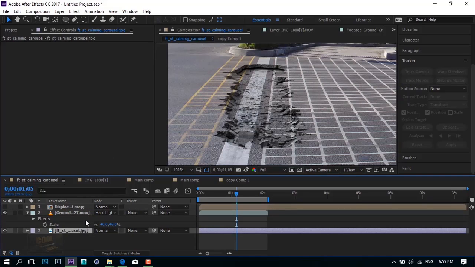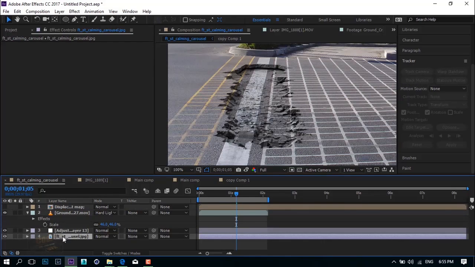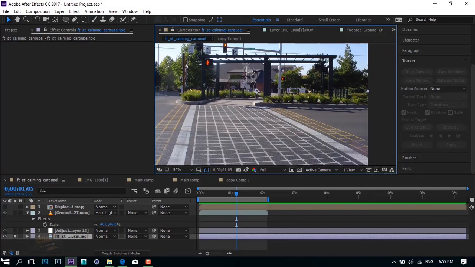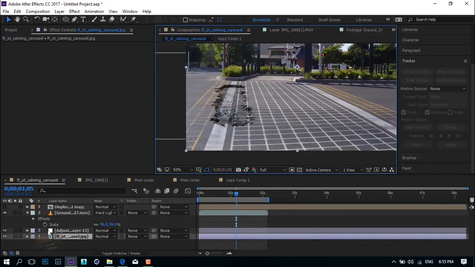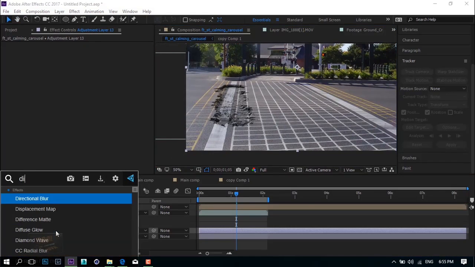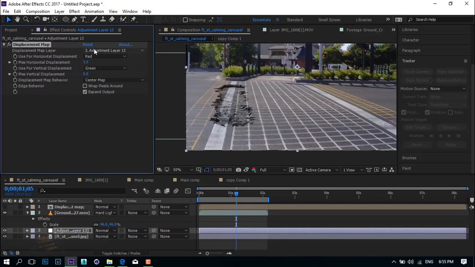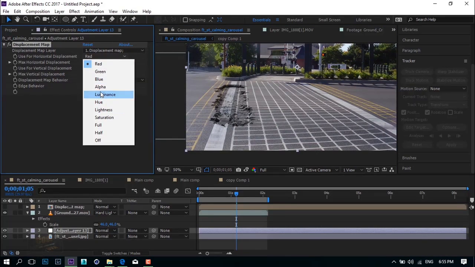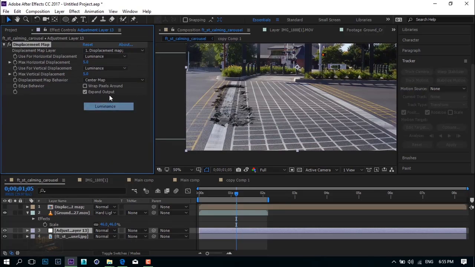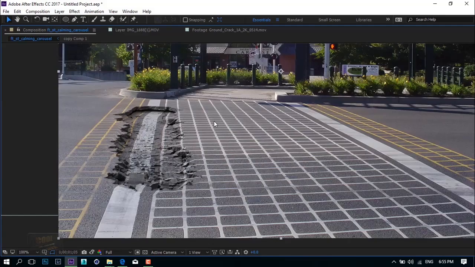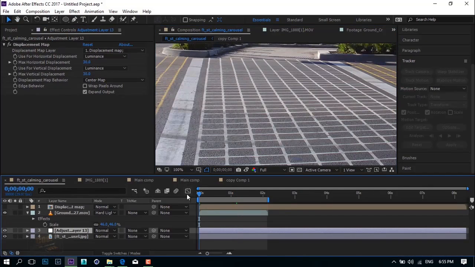Let's create an adjustment layer, put it right above our main footage. Let's add displacement map. Choose the displacement map layer, change those to luminance, increase the amount of the distortion to 30 by 30, and now we have it. It's that easy. If we preview,